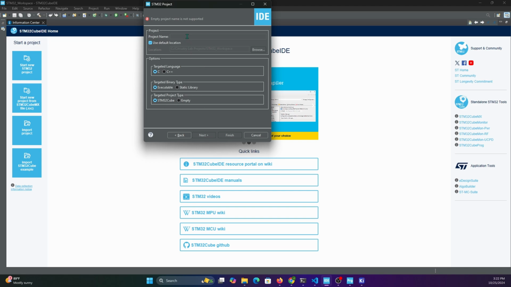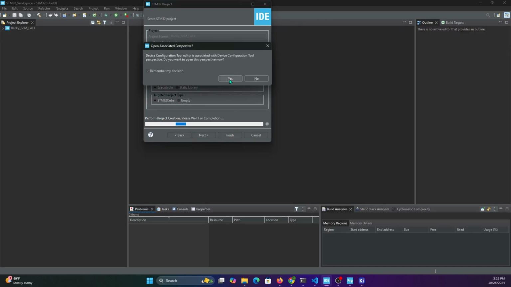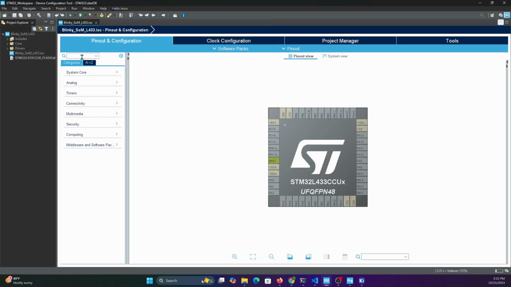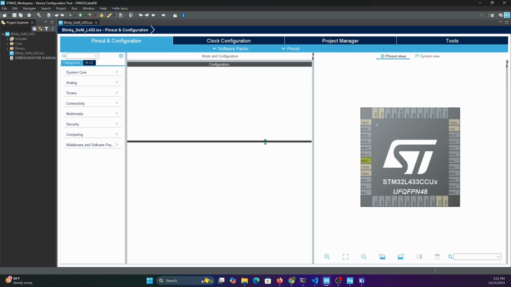So we're gonna name our application Blinky application of the system on module, SOM, let's call it 433. You can call it however you want. We'll click yes. So you can follow along with your own Nucleo board or custom board if you have one. In the video, I'm gonna try to create a Blink application, but